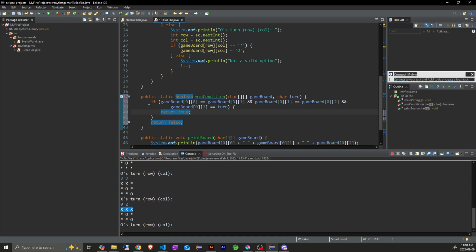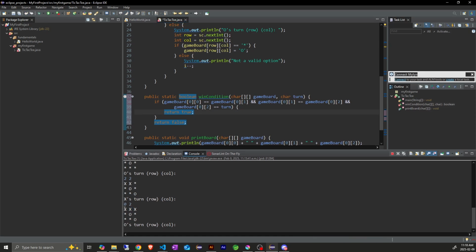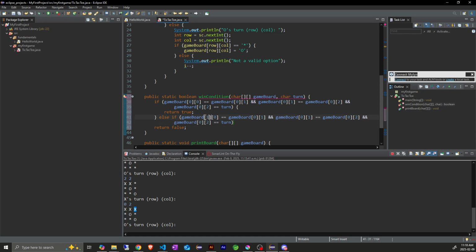Return true. So this is basically checking if this value is equal to this value, which is equal to this value, which is equal to the character that we passed in. So it's either going to be X or O. So we could do this for basically all of our win conditions. So we could do else if game board, and this is going to take a lot of writing out, so I'm just going to copy paste and then change the numbers. So it's going to be 1 0, 1 1, 1 2. So that's just the second row. And we'll do turn, return true,